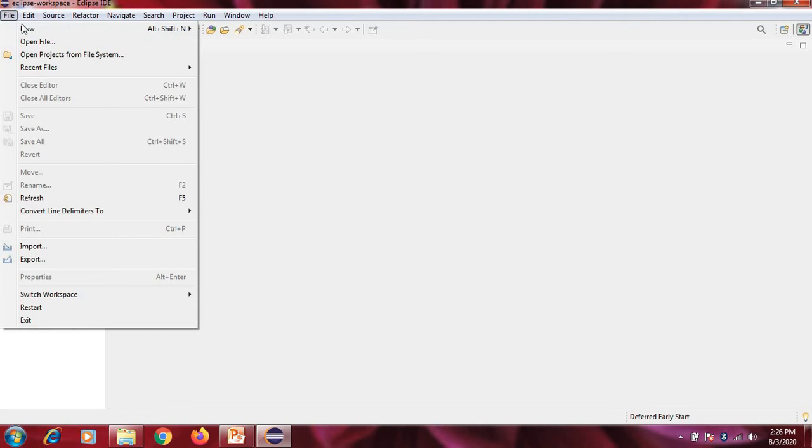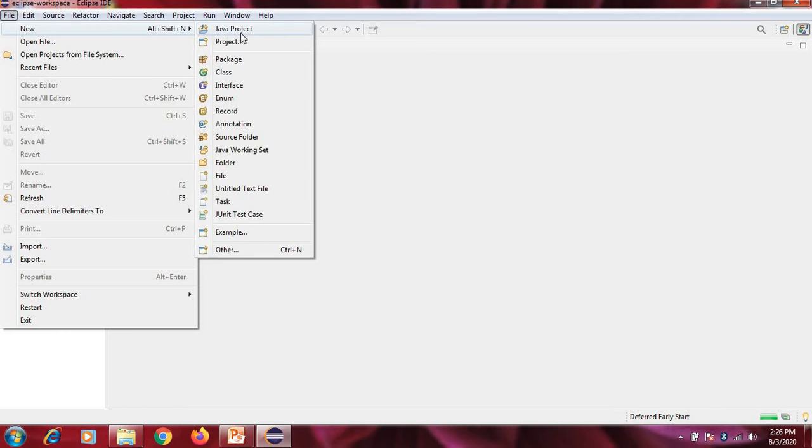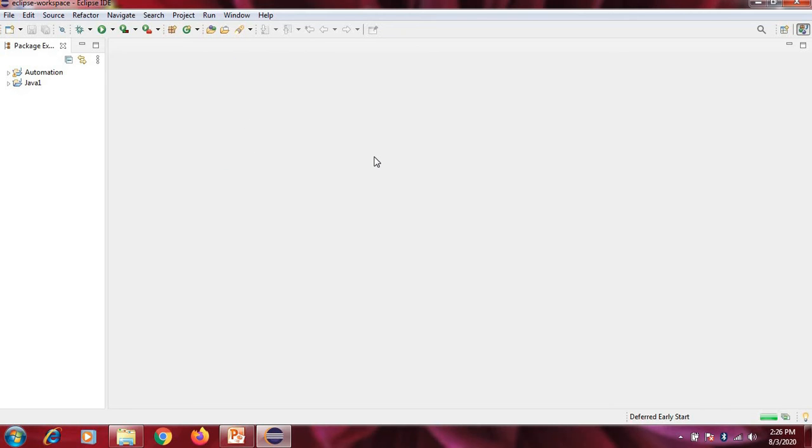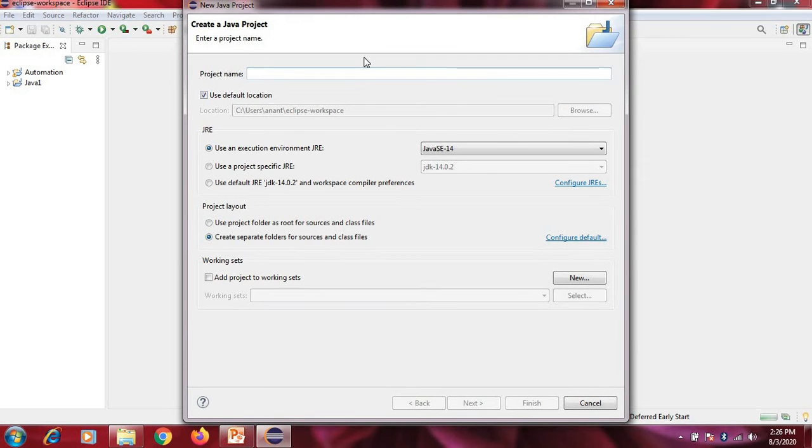Click on the file menu to create a new Java project. The Java project name is Selenium. Click finish.